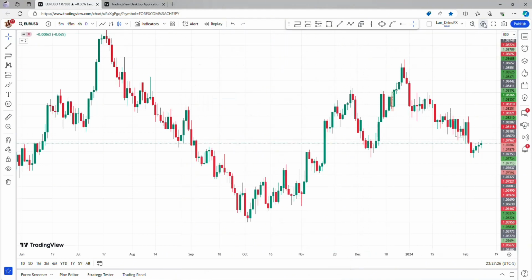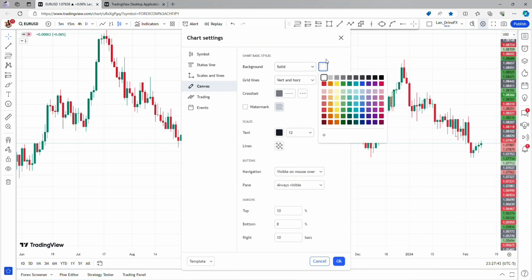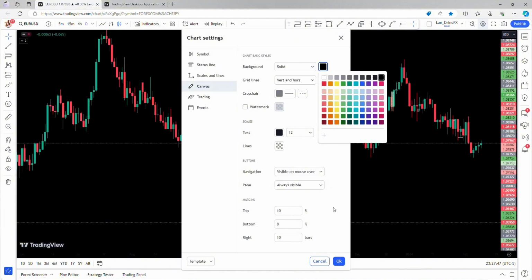So you simply go to this settings icon again and you come to canvas. The first thing you are going to see is background. You are going to see grid line, crosshair, and the rest. So under this background we have solid white like we did on the mobile version. If you want to change it to solid dark, you just click on this white icon and then you click on dark. So the background of your trading platform or your trading view is going to change into the dark